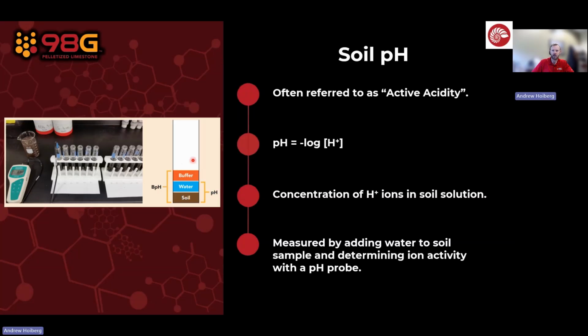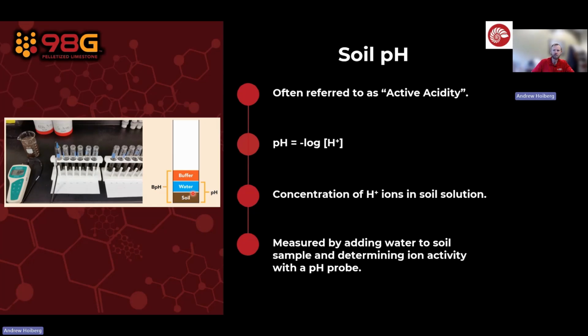The second thing they're going to do after they measure that is add a buffering solution. So when we see a soil test that's got the soil pH, or the water pH as it's called on certain soil tests, that's going to represent these first two things that we mix together. So the water and the soil, that's going to give us our pH value. That's going to give us a snapshot of what we call the active acidification in that soil. So that gives us an idea of how acidic is it and how much is that influencing things like nutrient